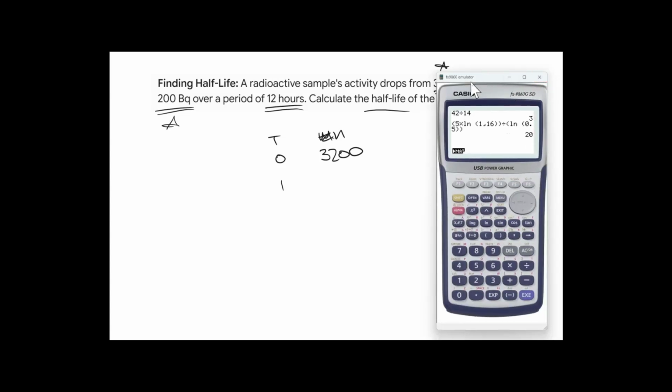Okay, let's see how many half-lives it would need to take it from here to here. Let's just do it by table. So time equals 0. The amount is 3,200 becquerel. Let's call it N. After one half-life, it's halved. What's it going to be? It's going to go to